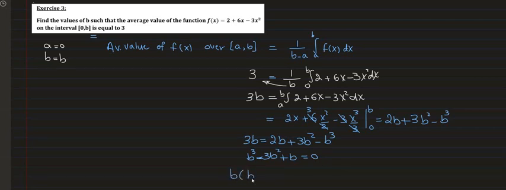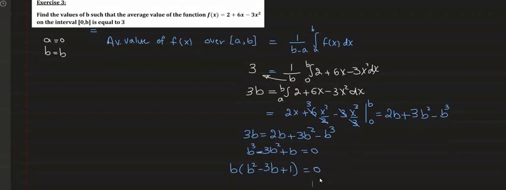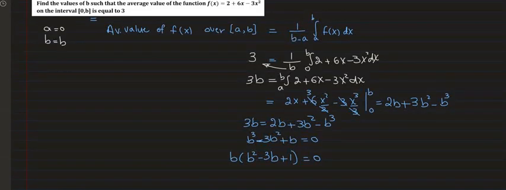b as a common factor, and we will be left with b squared, and we have taken b from here, so we are left with 3b, plus we have taken b from there as well, so we will be left with 1, equals 0, and then we can factorize. So here, if b times this bracket is equal to 0, so it's either b